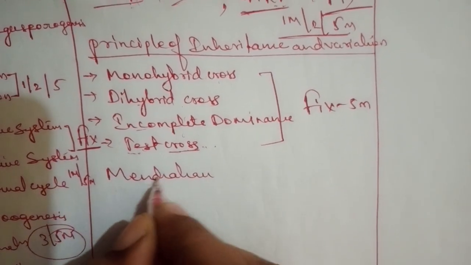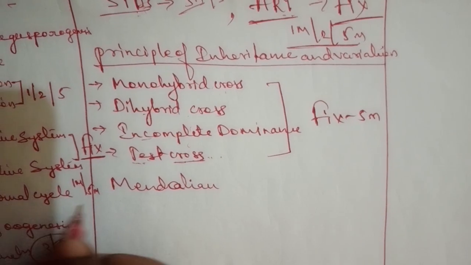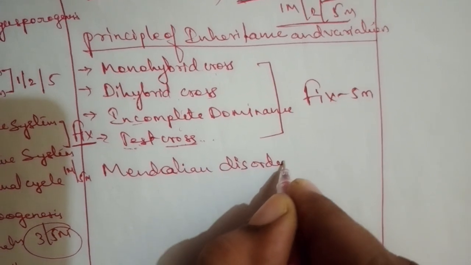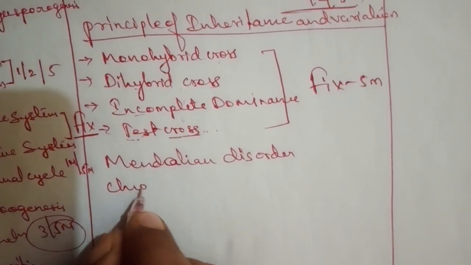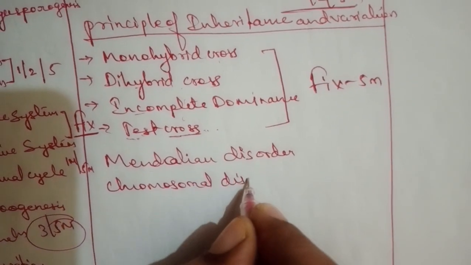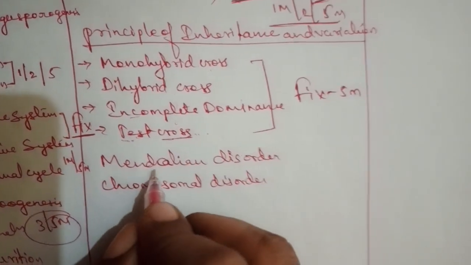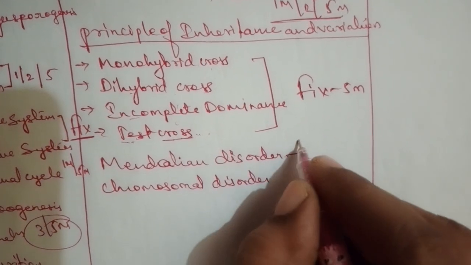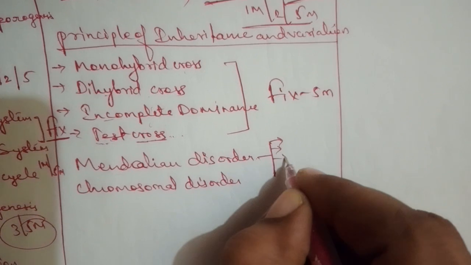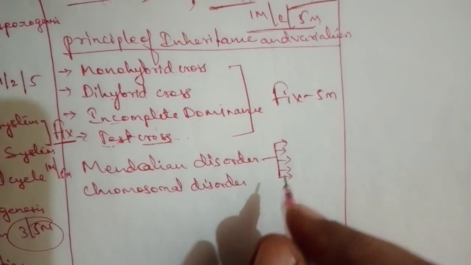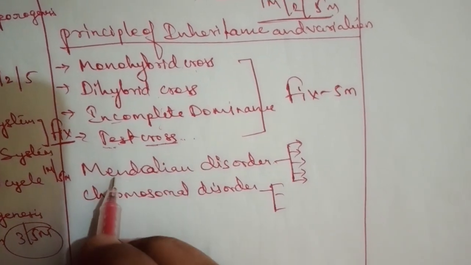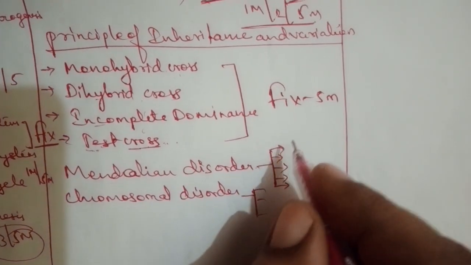Mendelian disorder. Followed by that, another one is chromosomal disorder. So here, Mendelian disorders, you come to know there are several types. Mendelian disorders are a total of 5 in NCERT, they are given 5. Got it? Whereas chromosomal disorders have 3 types. So Mendelian disorders, you know that is a